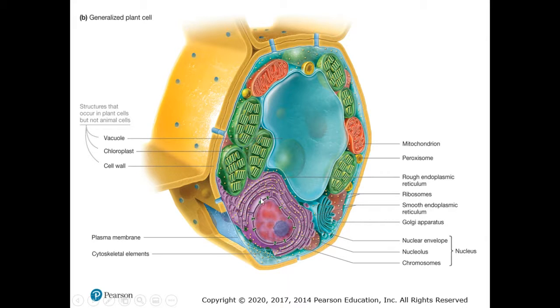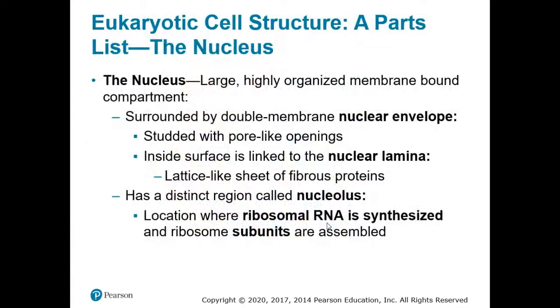A nucleus, nucleolus, ER, rough ER, smooth ER, mitochondria, peroxisomes, right? Golgi apparatus. Everything else is, in essence, the same. Evidently, there's a few differences, right, between the plant cell and the animal cell. Now let's get into each one in particular, right? So starting with the nucleus,